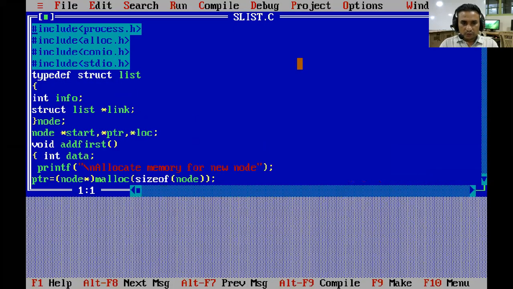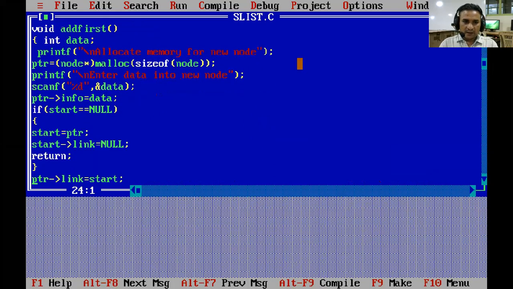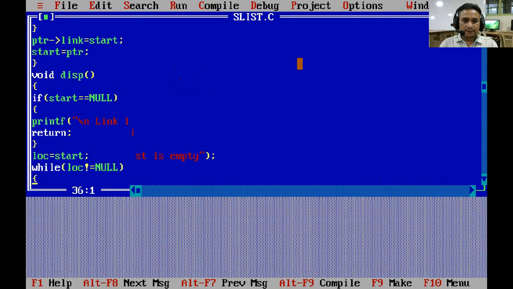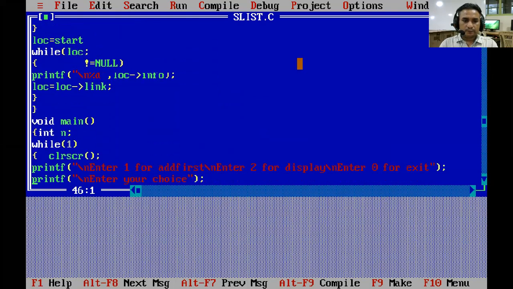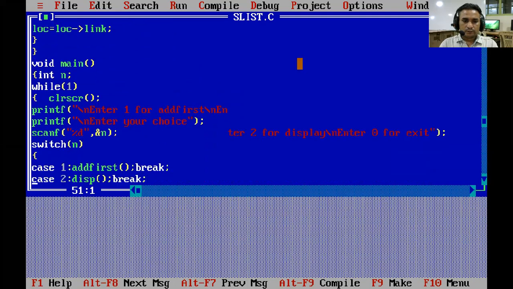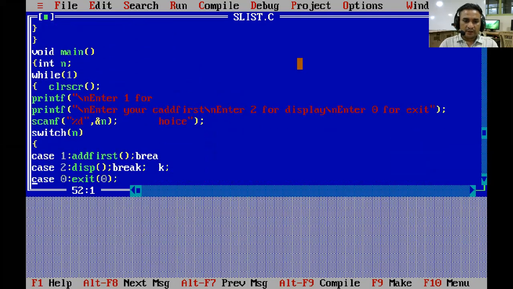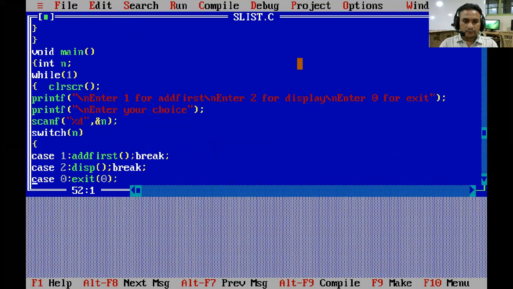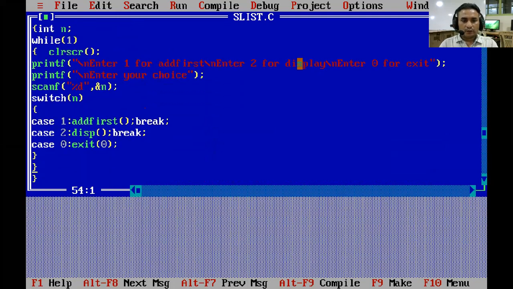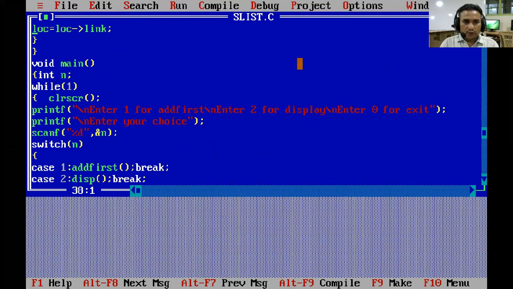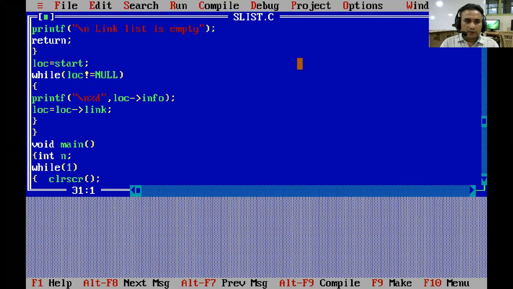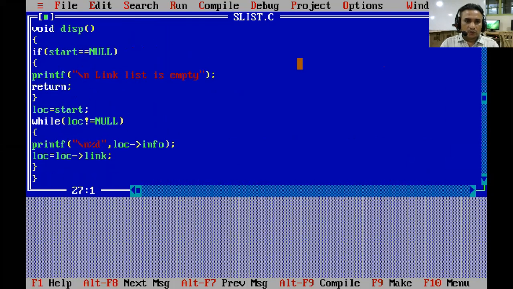Okay, we are missing something. So press 0 to exit, and we will check what we have missed in our program. Case 2 is not running. Display function and break. Why is our control not moving to the definition of display? Void display, start equal to null.